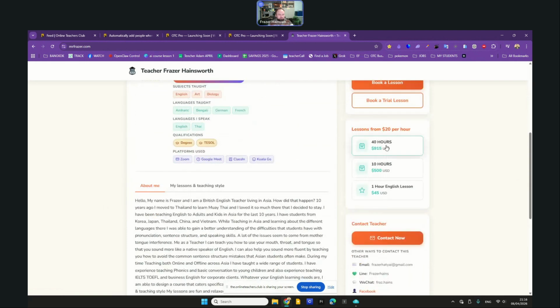You can also add your packages for current students. So when a student decides to buy a package, you can direct them here to purchase. You can link this with PayPal, Stripe, and we offer our own in-house payment gateway too for those who really struggle. I know some countries are not allowed to set up Stripe accounts, and some people struggle with PayPal, and then there's Wise, and there's a lot of options, but depending on your nationality and the country you're based in, it can be difficult for some